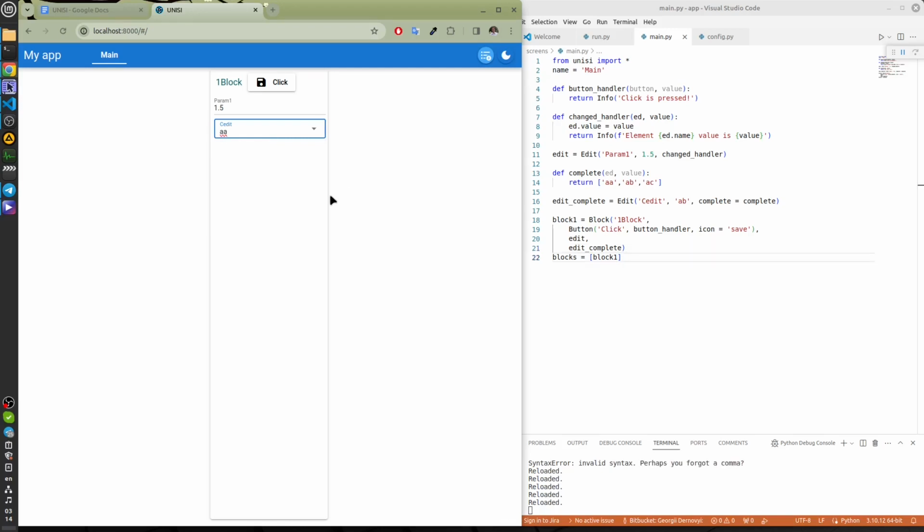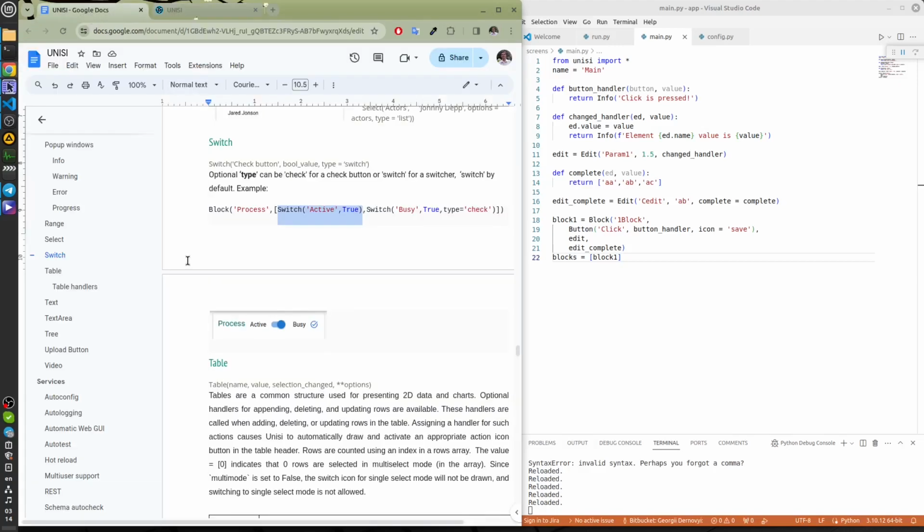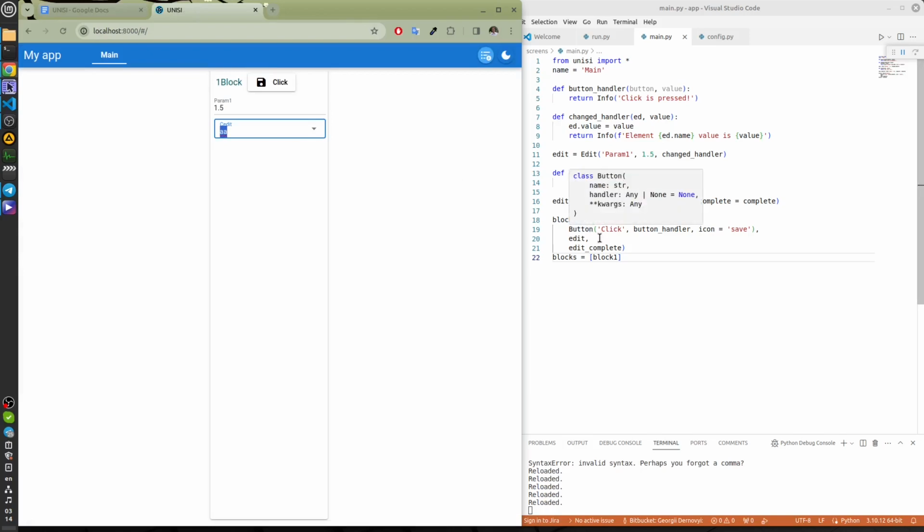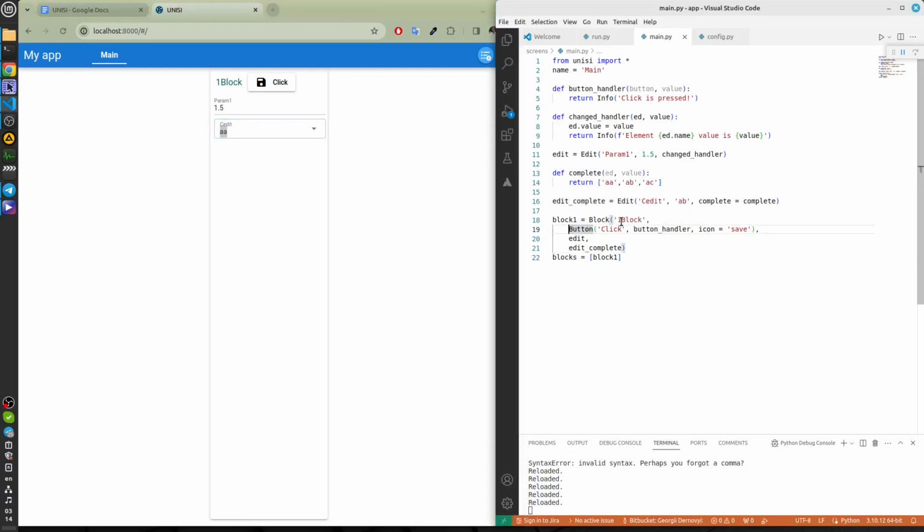Let's look at some more elements. The switch has a true and false state, and two visual types: in the form of a switch and a checkmark icon. Let's add it. Taking elements in an array tells Unicy to put them in a line. Simple enumeration says to put an element on its own line.